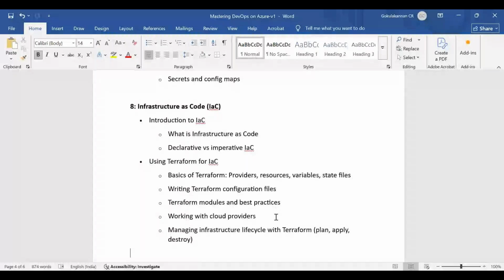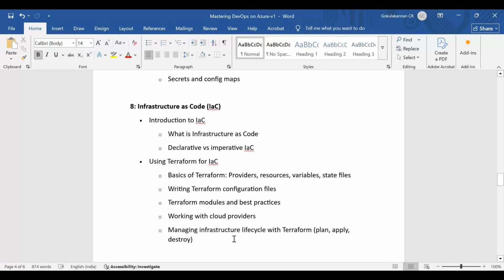And in real time, because all these topics so far I covered, right? I'm not going to share only the theoretical concept, because I myself was part of a lot of delivery activity. So what challenges I faced, how we came across those issues, what solutions we applied, what options we have to follow. Those things I'll also be sharing. So in this IaC also I'll be sharing the tips and tricks which you have to follow.